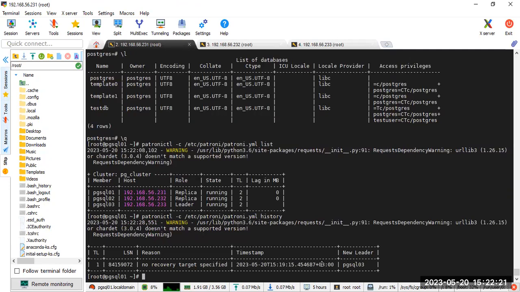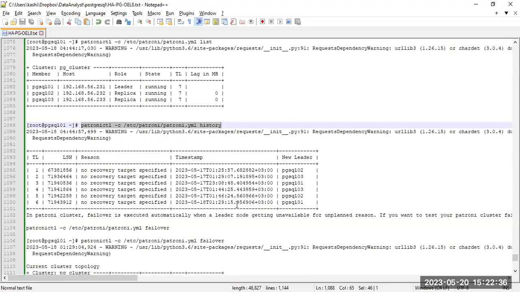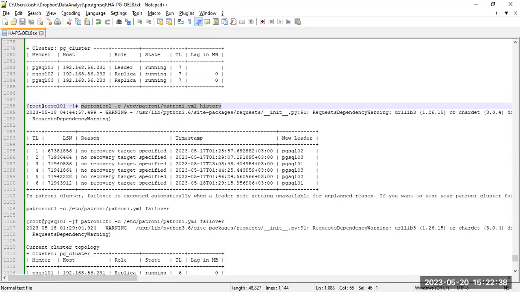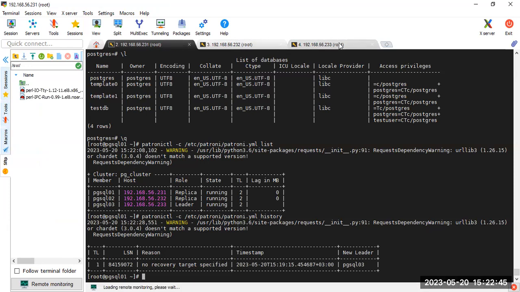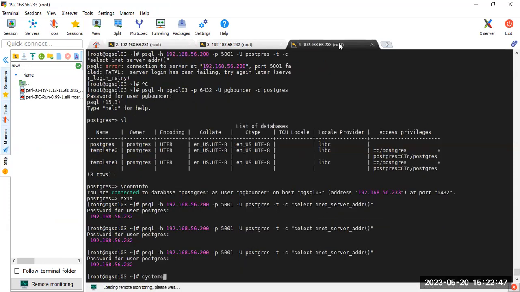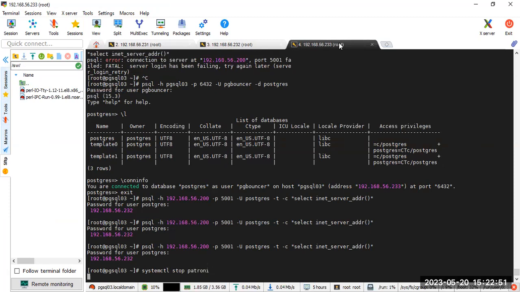So new leader, at that time, it failed over to the third node. So it will show you the cluster, when it moved, and as much as you can. Let's suppose we stop Patroni with systemctl stop patroni on the third node,